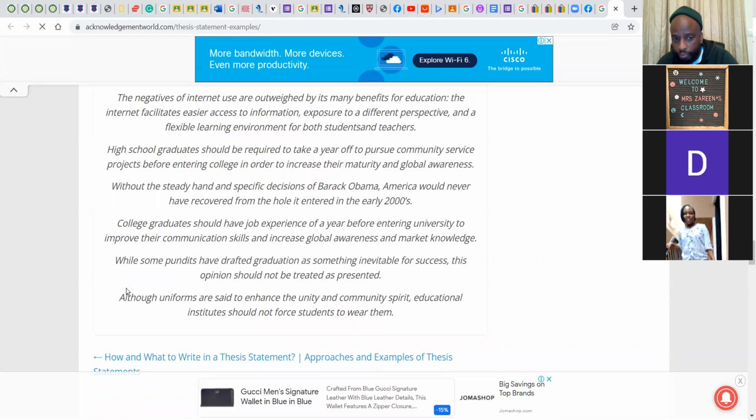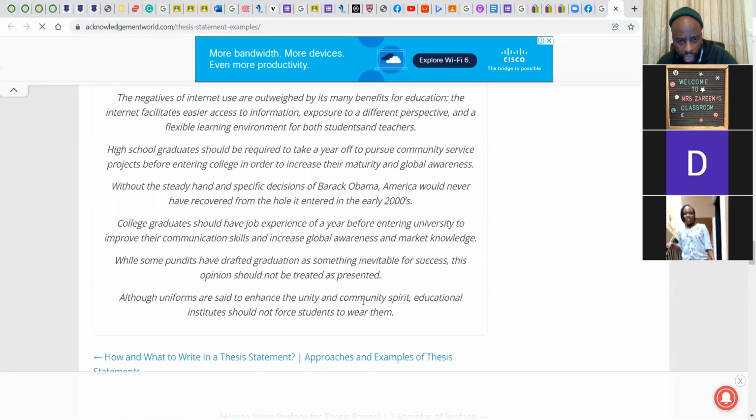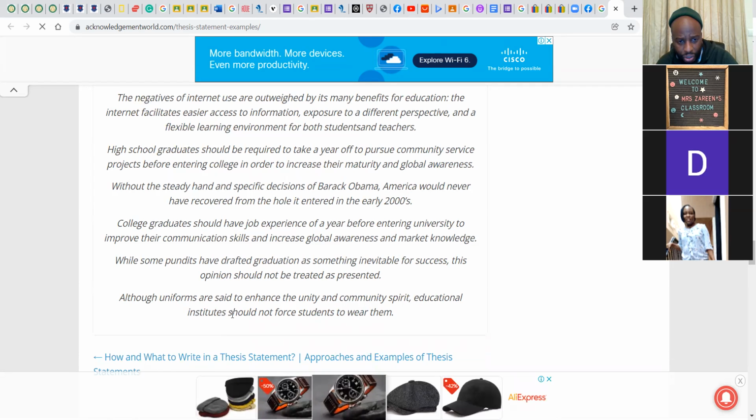Let's look at the next one. While some pundits have drafted graduation as something inevitable for success, this opinion should not be treated as presented. I don't like that one as a thesis statement. Although uniforms are said to enhance the unity and community spirit, educational institutions should not force students to wear them. Okay, this one could be a good one. Although uniforms are said to enhance the unity and community spirit, educational institutions must not force students to wear them. And then what I would say to make this a better thesis statement is I would write the word because